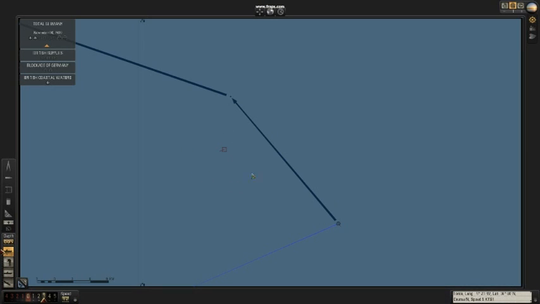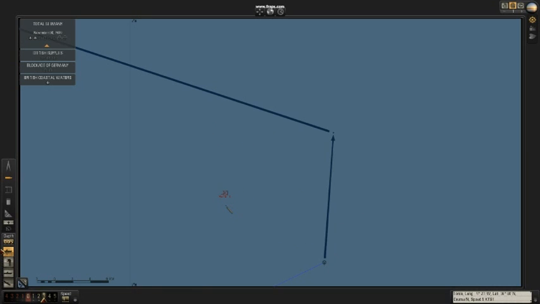Alright, so here we are. I am in the nav map and I have found my target. It's a merchant ship, and the merchant ship is red and I am blue. What I will be doing here is setting up my position so I'm at a 90-degree angle to attack the